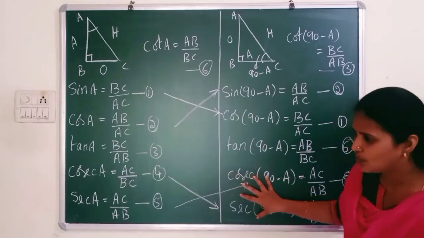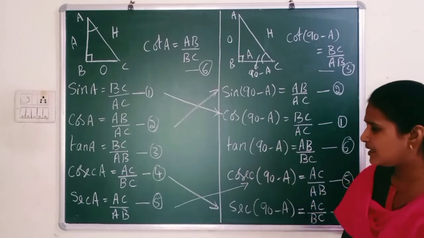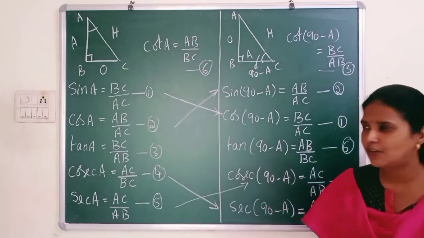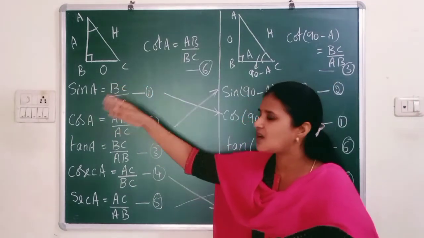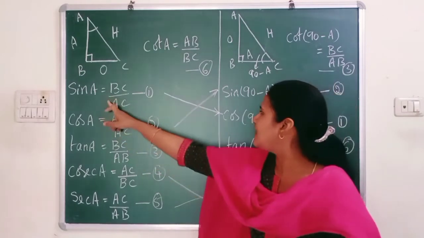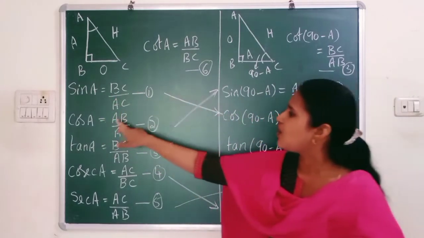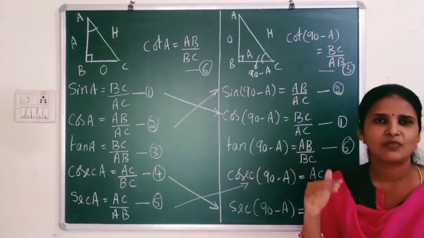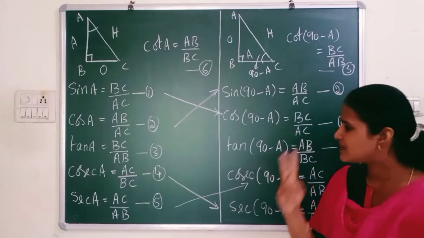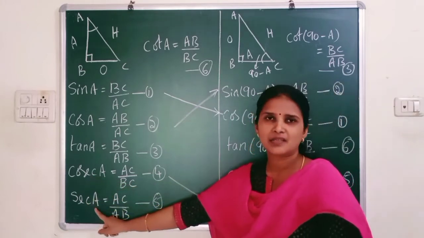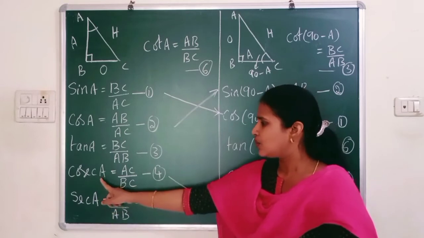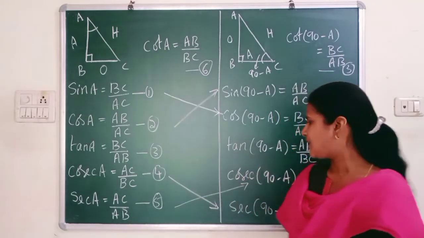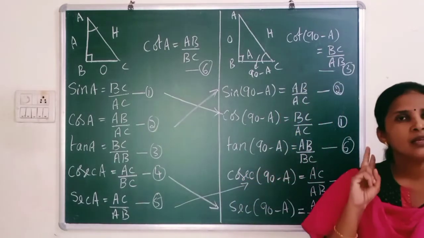So with these two, I got one conclusion, that cosec and sec are complementary to each other. Listen carefully. Sine and cos are complements of each other, because sin A equals cos 90 minus A, cos A equals sin 90 minus A. This is the first conclusion, where we have a relationship between sin and cos. And the second conclusion is cosec and sec are complementary to each other. That is, cosec A can be written as sec 90 minus A, and sec A can be written as cosec 90 minus A. This is the second conclusion.